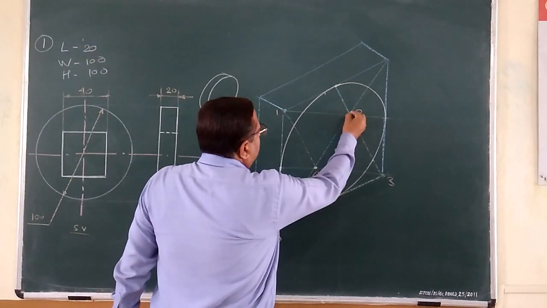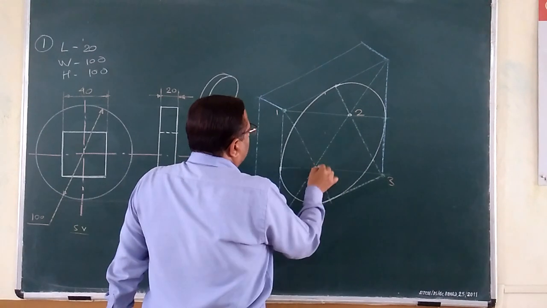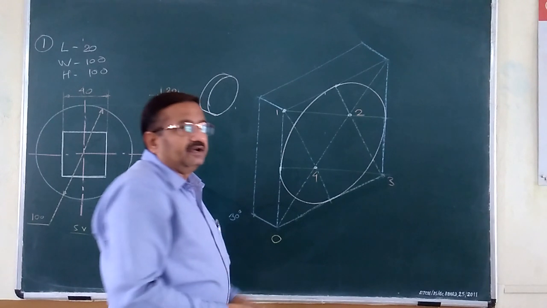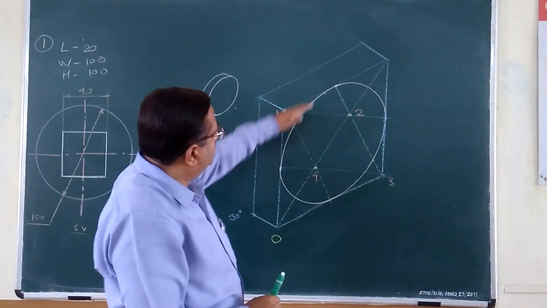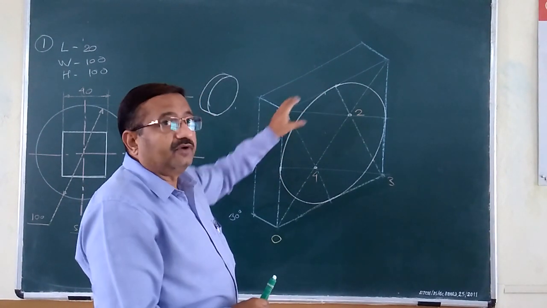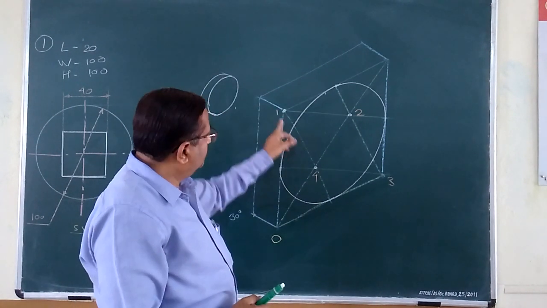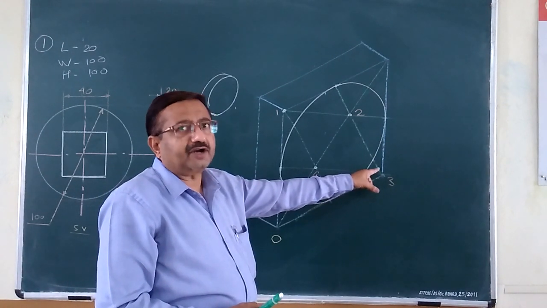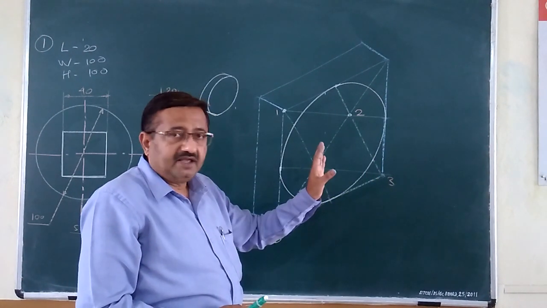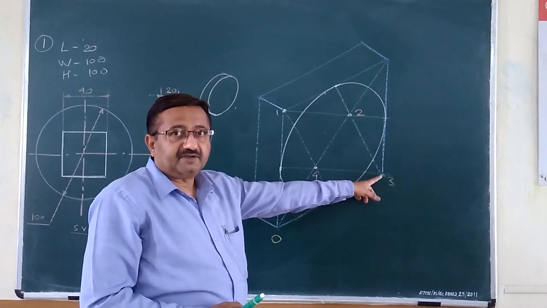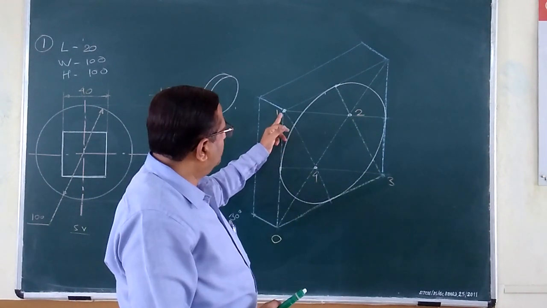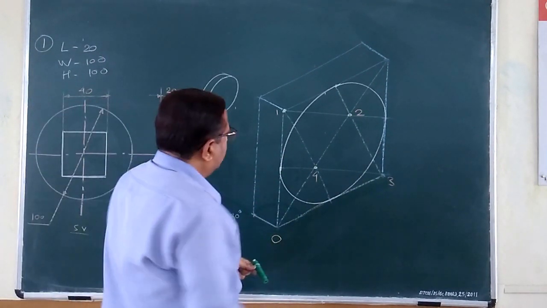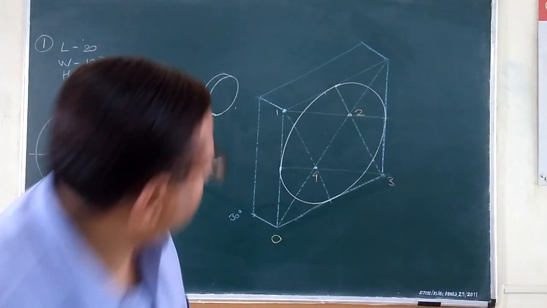Just concentrate on these 3 centers: center number 2, 4 and 1. These 3 centers you have to transfer towards left 30, because we are going to show the thickness on the left 30 side. So these 3 centers, 1, 4 and 2, not 3. Dotted lines we are not at all constructing in an isometric question. That's why there is no need to project 3. So now we have to project 1, 4 and 2 towards left 30 by the thickness of the plate, that is 20.